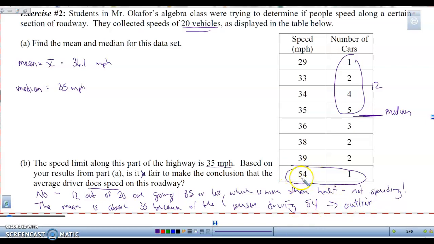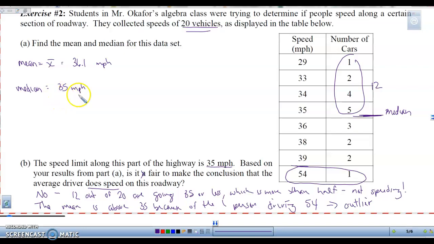This speed of 54 makes the mean bigger. So that's not a good measure of central tendency, because it throws things off. We can't say that the average person driving is going 36.1 because of this 54. It throws it off. But we could say, based on this data, that most of these people aren't